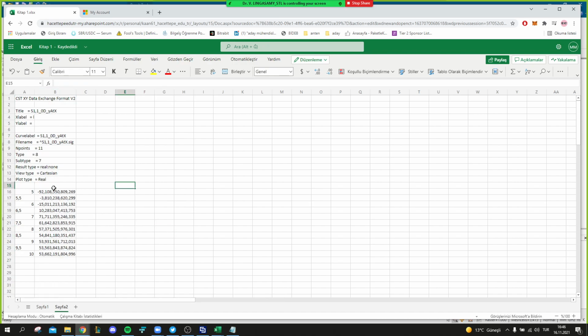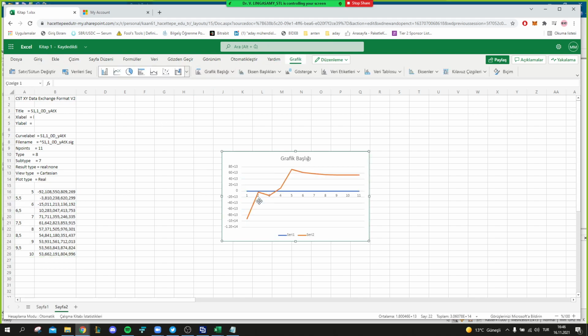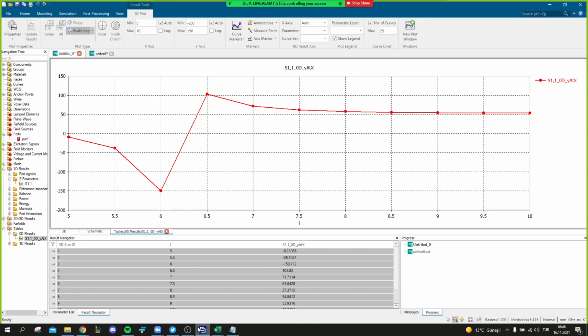Now I can show you again. So this is the plot we are having. You can see here, insert and then plot it. You're getting it like this. Oh, what is this? Why is it coming like this?